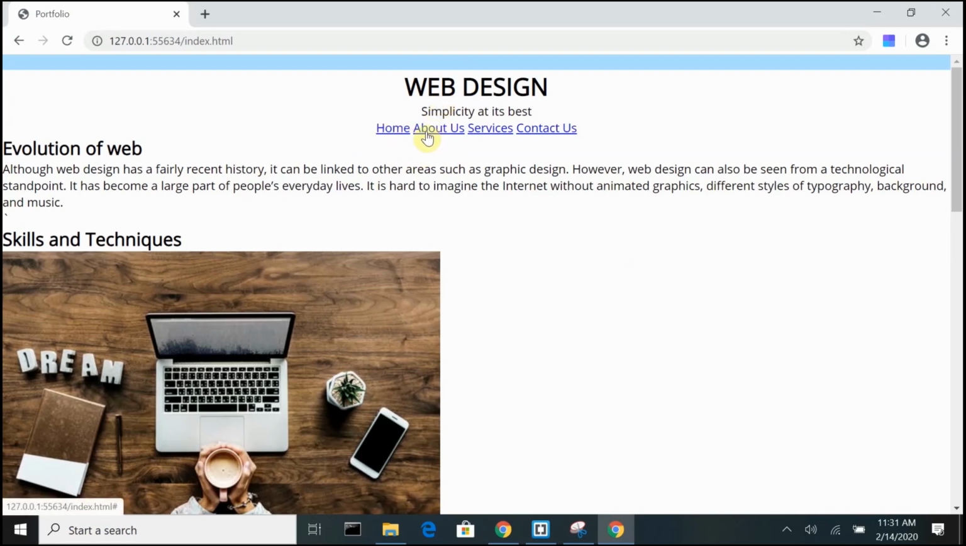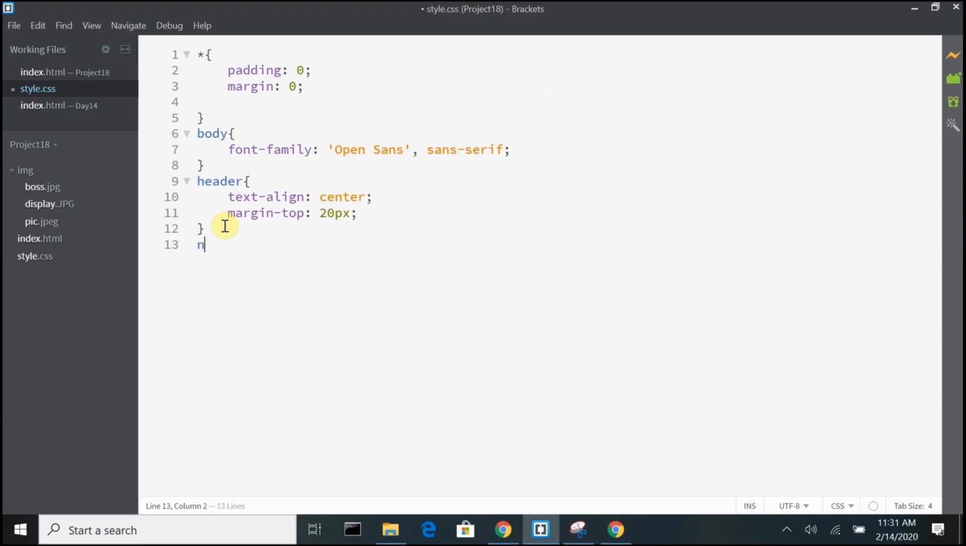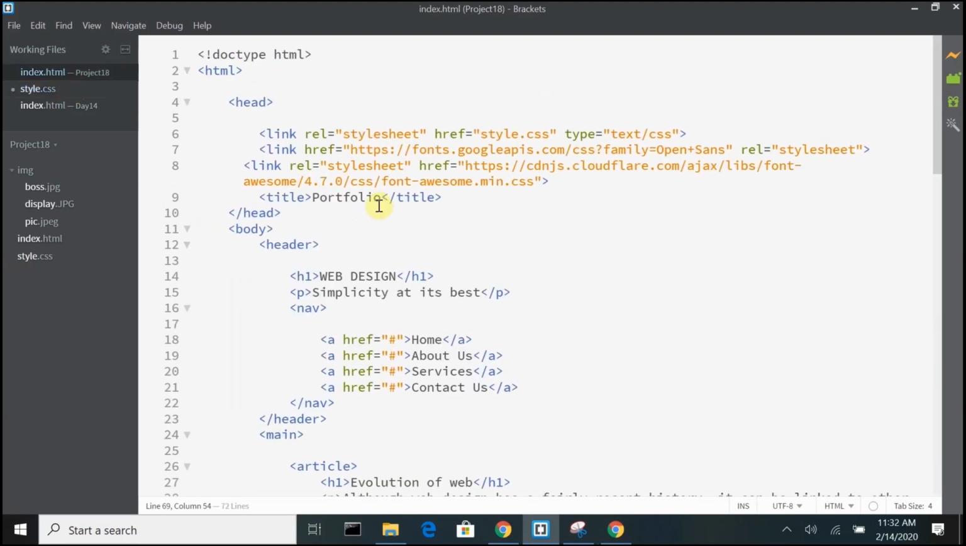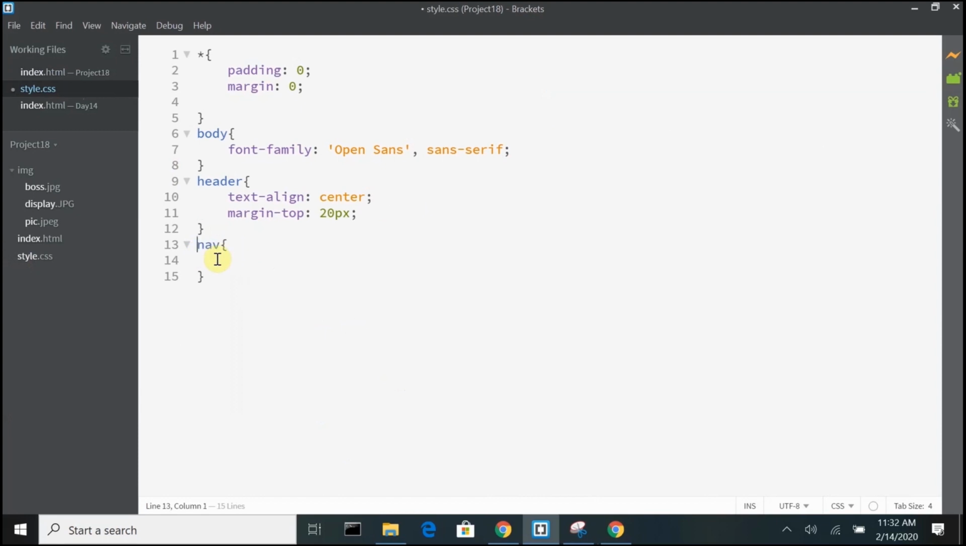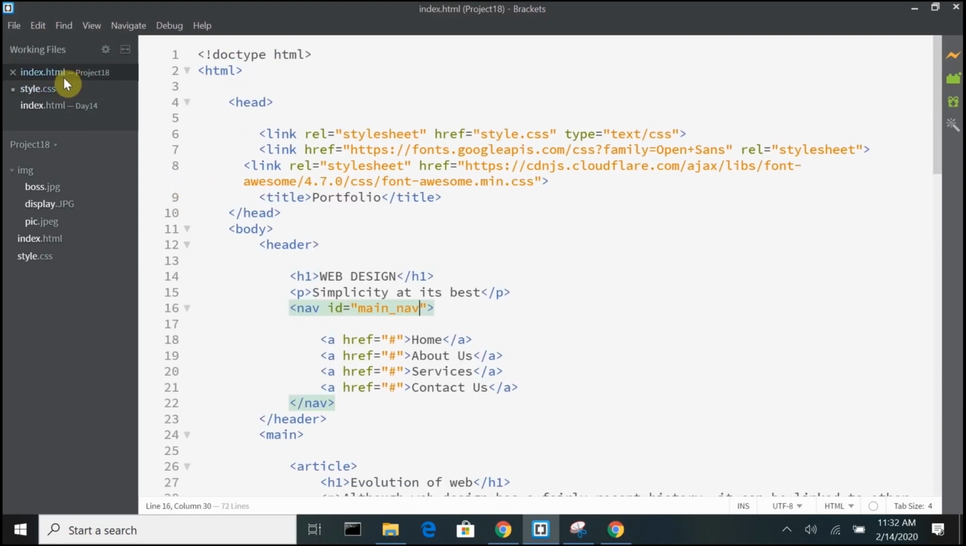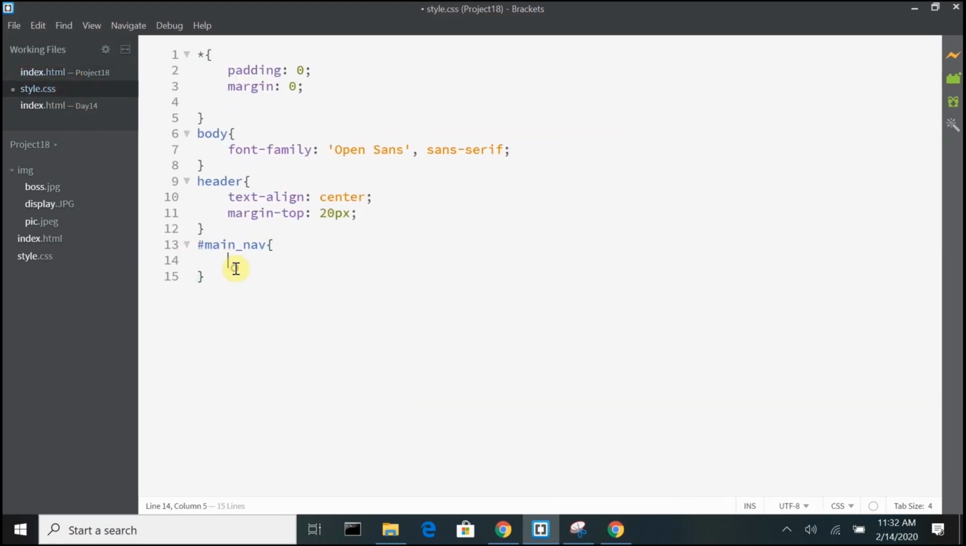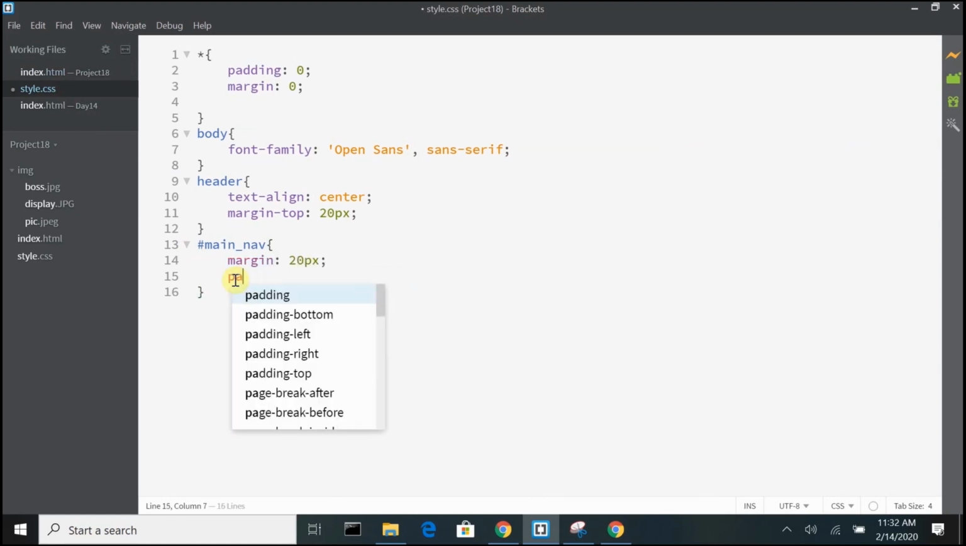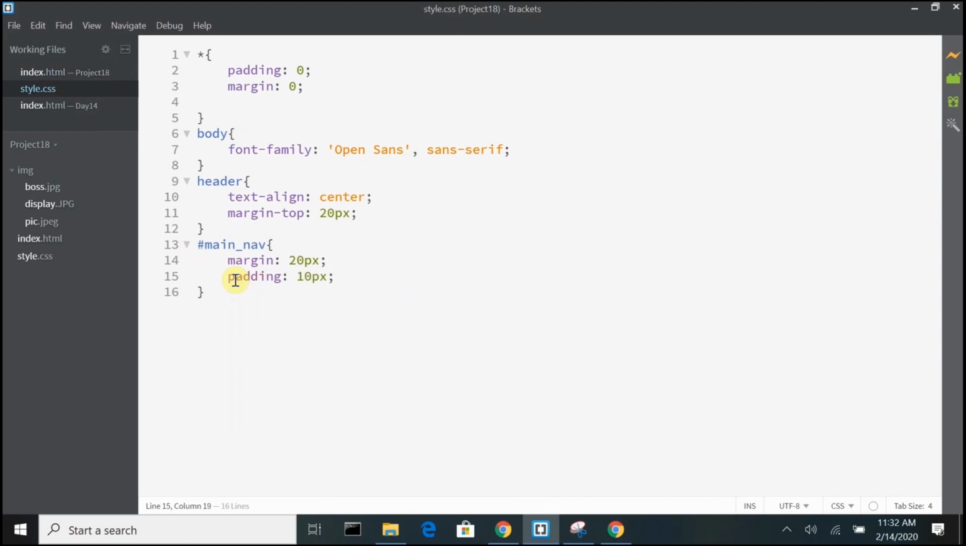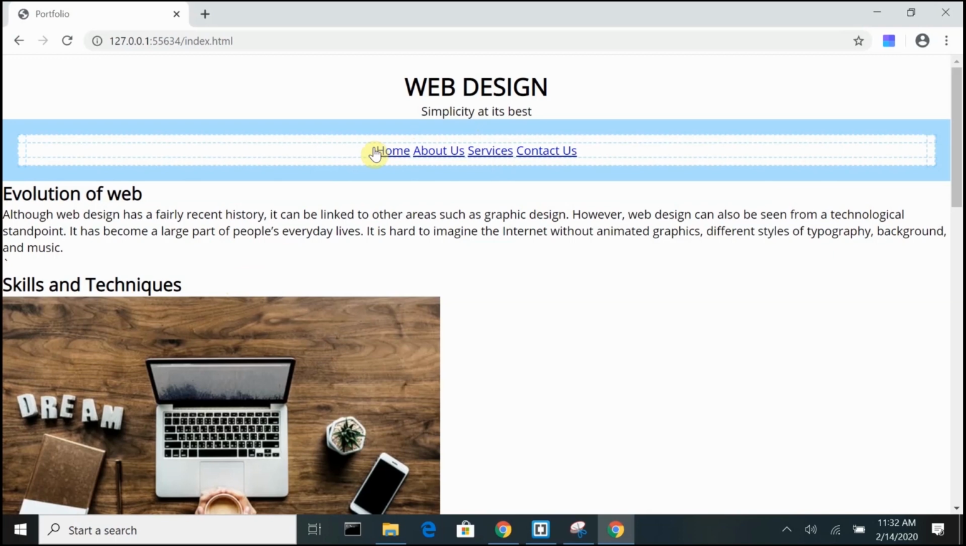Now let's style the navigation. First, I'll have a margin. I'll give an ID for this navigation to differentiate. So here I'm going to give the ID as main navigation. And I'm going to use that ID here. I'm going to give the margin and padding first. So there you have the margin and padding for the